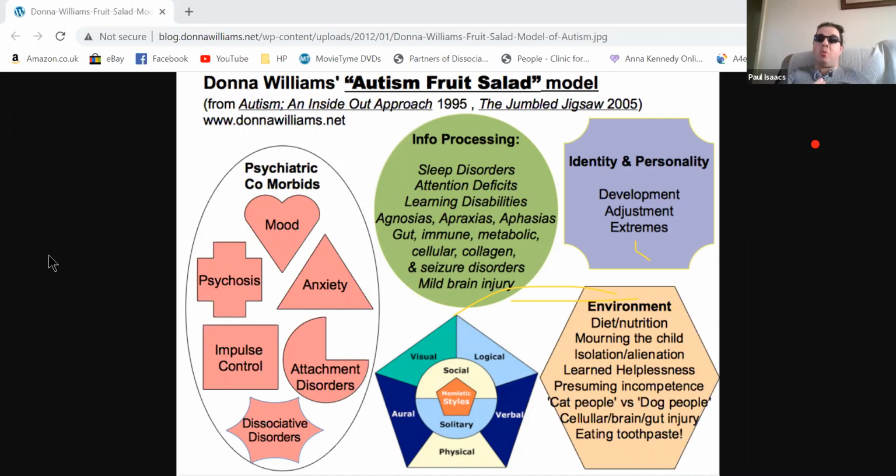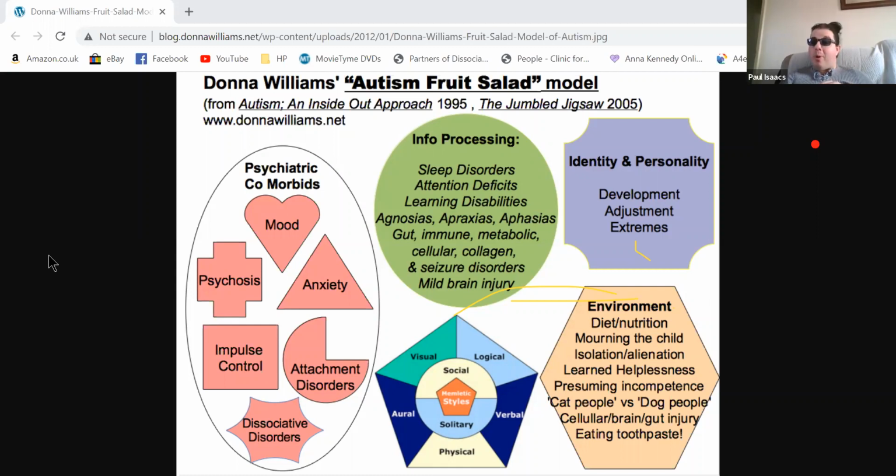So those people, like my father, like Donna, who documented her immune problems, need to find a specialist who is open-minded enough to not just view autism as a static two-dimensional thing, but as a three-dimensional thing where other factors come into play. That is the best advice I can give you. Then you've got seizure disorders, so electrical activity in the brain, and that affects about 70 to 80% of people on the spectrum, which is a lot.